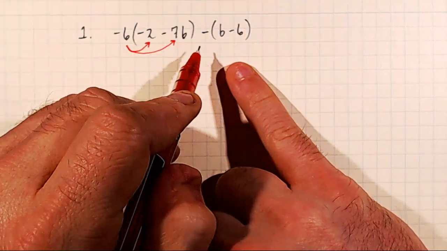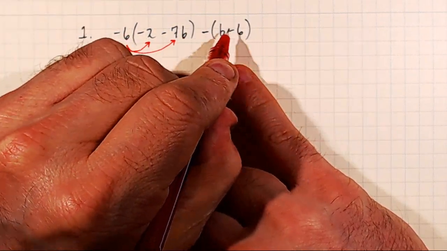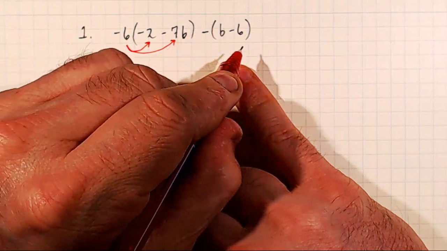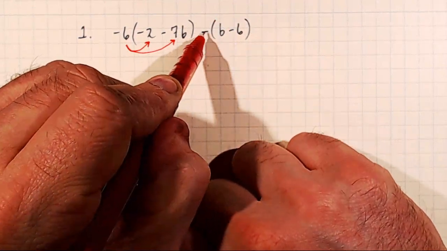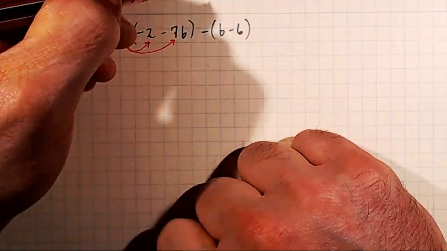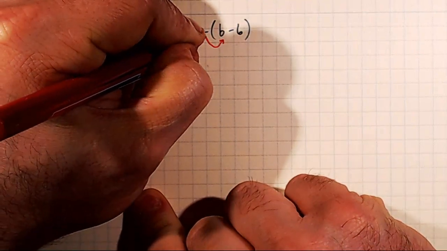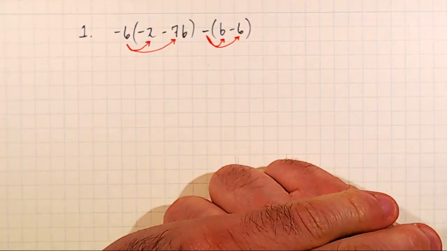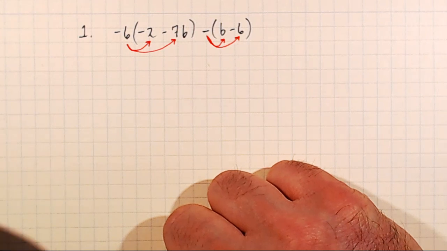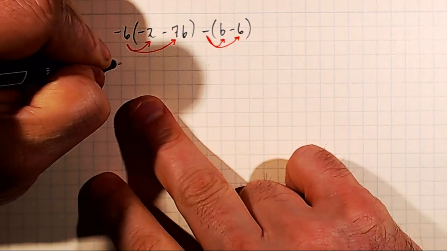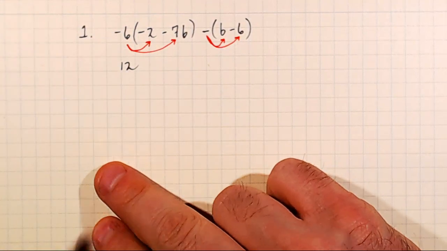Then over here, I'll distribute this negative sign, which is really a -1, multiplied by this parenthetical expression. Again, this is a binomial inside parentheses multiplied by -1. And what that means is -1 needs to be multiplied by each term, or distributed to each term, inside the parentheses using multiplication. All right, so let's get to work. -6 times -2 is +12. -6 times -7b is